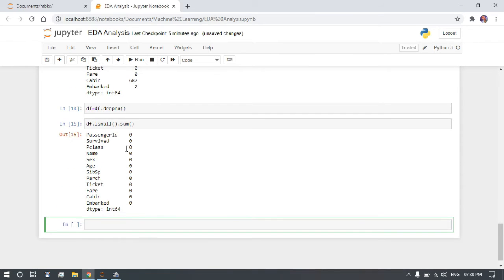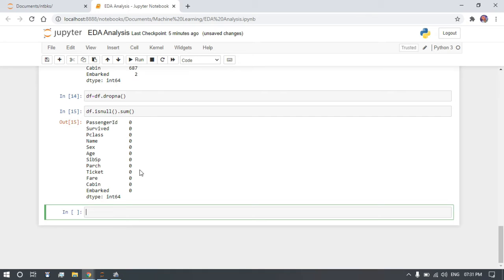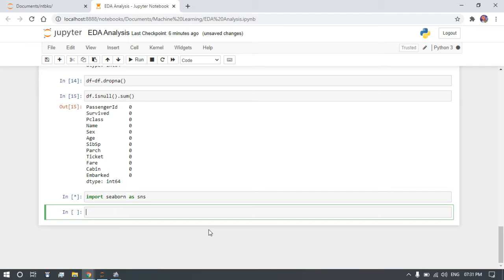So you can see here all the values have become 0. That means there are no null values present in my data right now. Next, we are going to look into one of the important steps in exploratory data analysis, which is detecting outliers. For this, we usually use visualization methods to find out what outliers are present in our data. So right now I'm going to use the Seaborn library, and I'm going to use a box plot, which is a traditional method to find if there is any outlier present in your data.